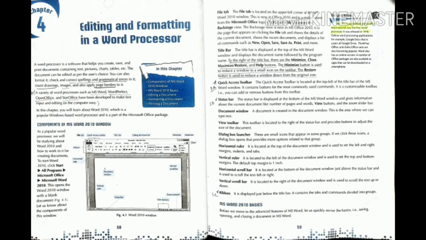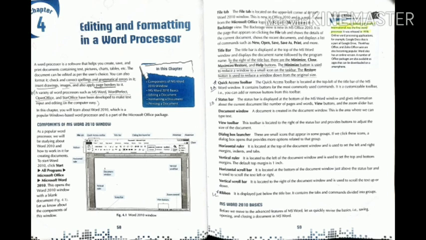all the component names are given here. So if we talk line by line, the first which we can see in the left corner is the file tab. Now the file tab's location is the upper left corner of the MS Word window, and this is new in Office 2010, a replacement of the Microsoft Office logo. So as you can see, in 2010 you will find this file tab, and if you are doing it in 2007 you will get the Microsoft Office logo.